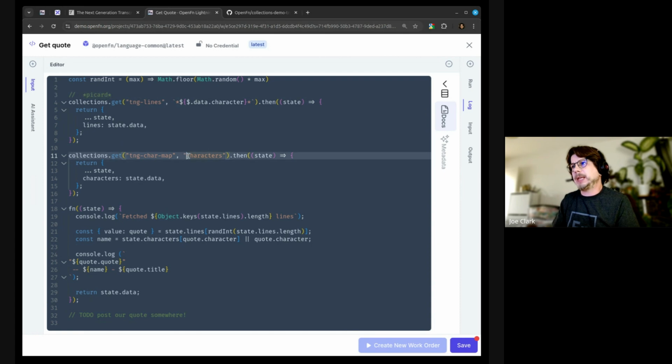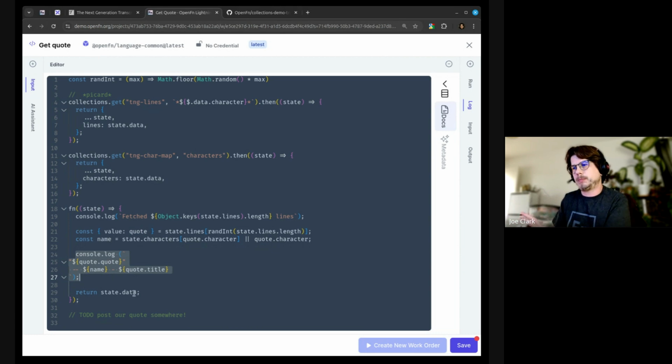We're also going to get the character map, which we probably will talk about. Once we're done, we're going to log that we've done it. We are going to randomly, so this is going to pull out, I don't know how many lines, a certain number of lines by Captain Picard. We will randomly pick one of those lines. So pick a random integer, pick the nth number from the array of lines, and pull out the quote from it. And then we're going to do a very simple console.log, so we can see it in our output here,